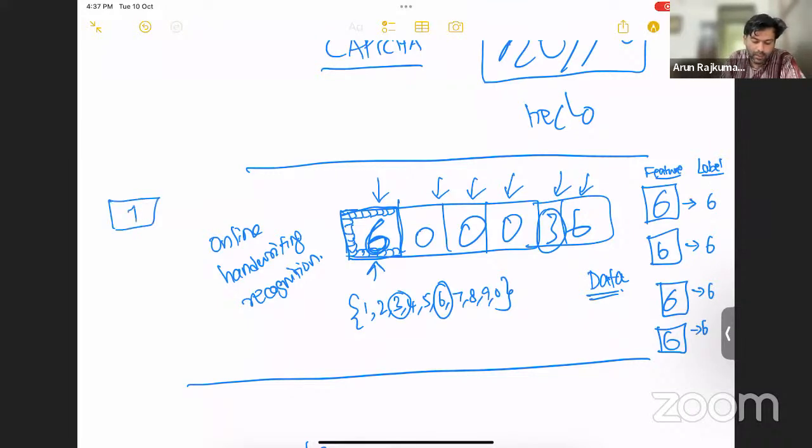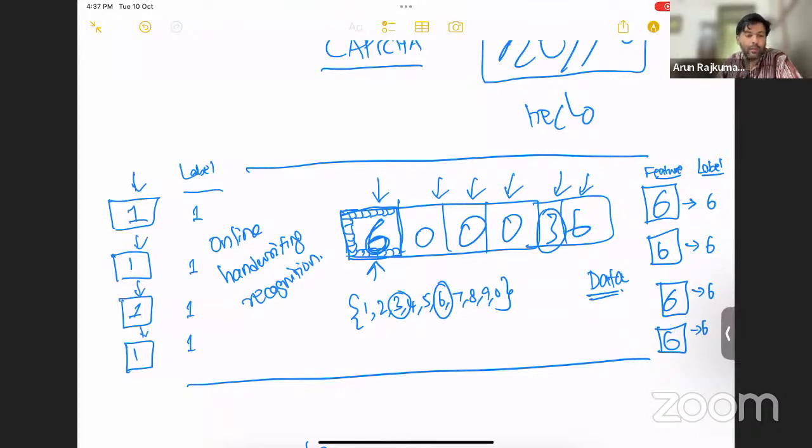Maybe somebody else might write 1. We'll collect data about 1, and people write 1 in 100 different ways, right? So all these have label 1. This is the number 1. This is the image 1, right? So different ways of writing 1 we collect from different people, and then we say, hey, all these correspond to 1, all these correspond to 6, and then you collect something similar for 0, 1, 2, 3, 4, 5, 6,